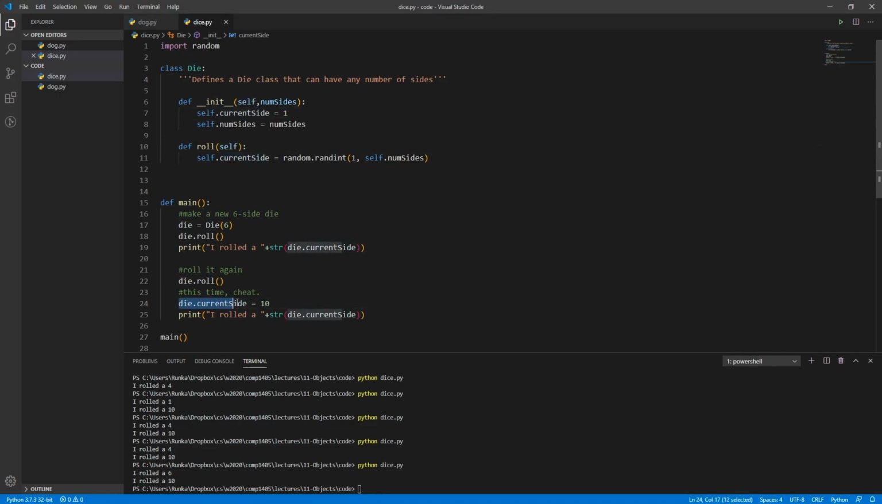But by exposing it to the public, which in this case is the main method, people outside the dice class maybe don't have the same respect for the object that we created, and they're going to just use whatever they want. So in this case, current side equals 10, and they've managed to upset what it means for this dice. So let's add some information hiding to our dice object